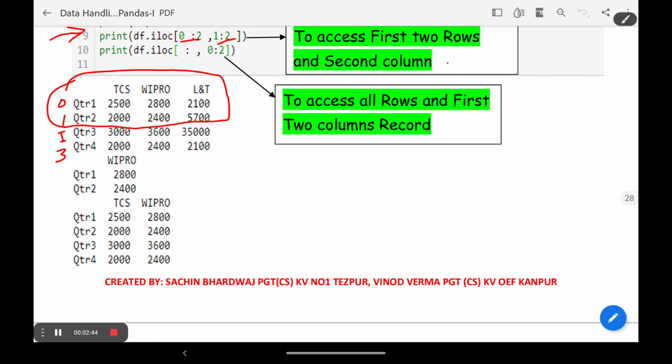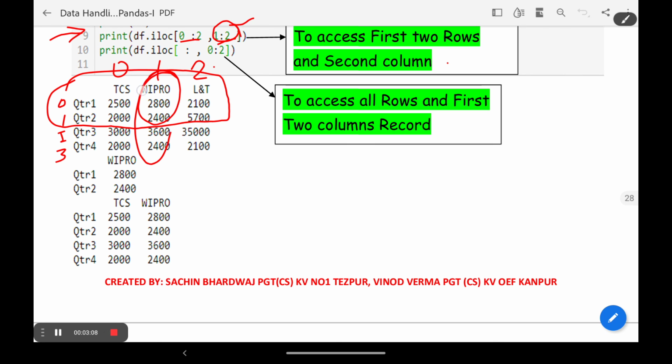Only a few values from the row will be taken. What are those values? 1:2. You are accessing only the 1. So this is the 0th column, first column, second column. What we are mentioning is 1:2. So 2 will not be taken. This part will be taken.